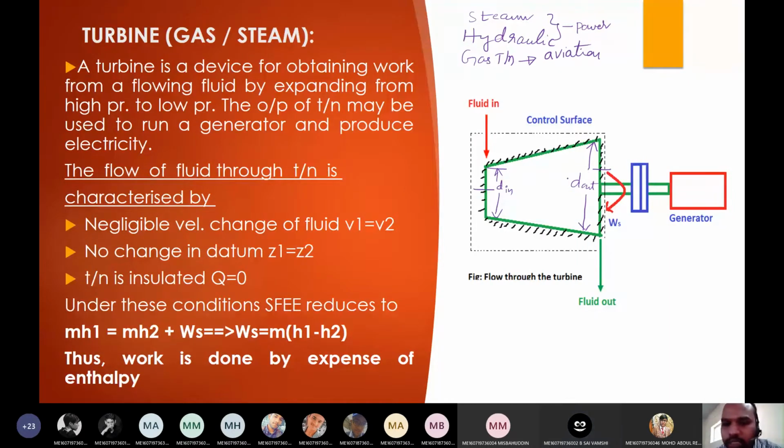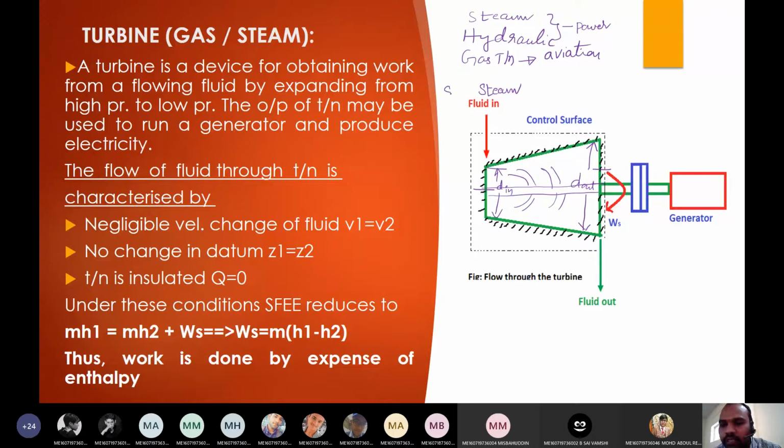So during this passage, inside we have passages, right? Blades will be there inside, the rotor will be there. So when high pressure, high temperature steam is going to expand over the blades of the turbine, this is the shaft, over that we have the blades. When it expands over the blades of the turbine, what will happen? The enthalpy drop of the steam is going to take place. It means the quality of the steam is going to decrease. Let us say steam in the form of superheated steam is there. Now it may come out as normal steam with wet content.